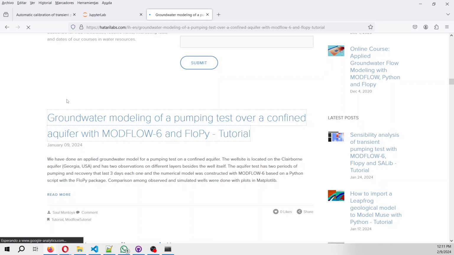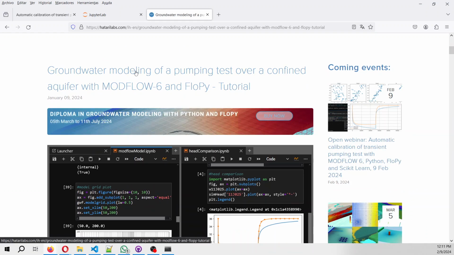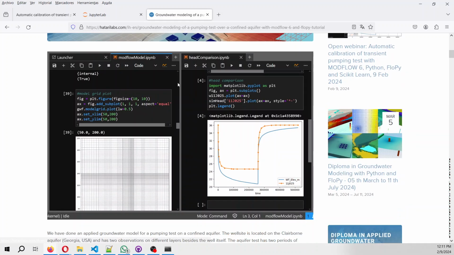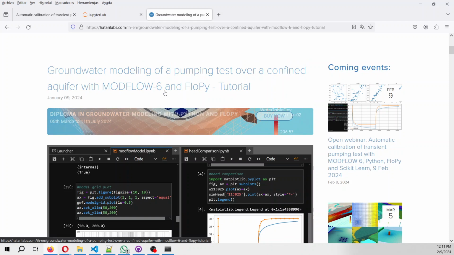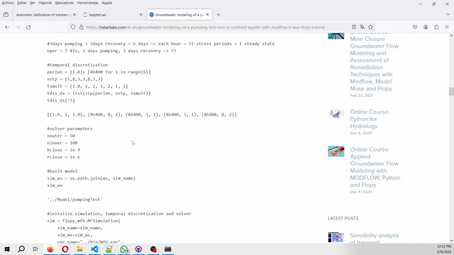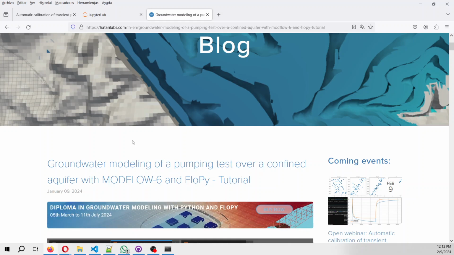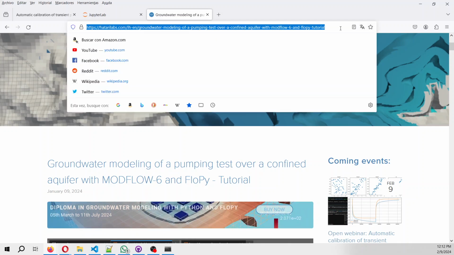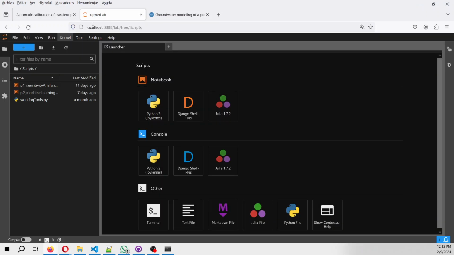So first we have done this one, that is that we constructed a groundwater model over a confined aquifer with MODFLOW 6 and Python. So we have created the model here. This is a model that you could have created with Model Muse as well. So this is just a generic one. But what we have done next, and this is the script that appears here, we